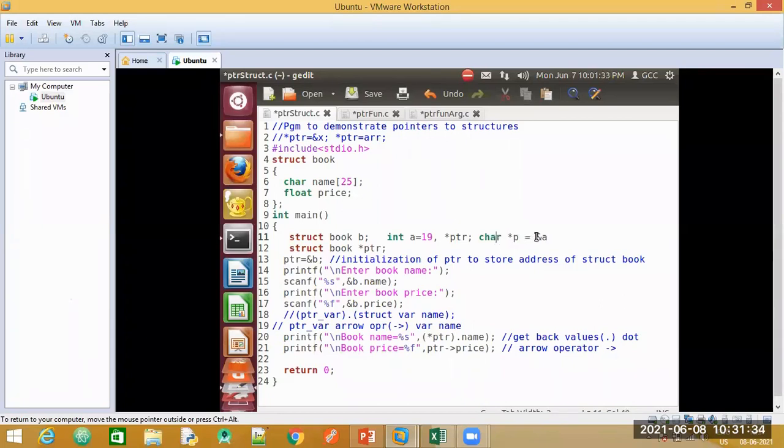What am I trying to store? I'm trying to store the address of a. Fine, address, no problem. But why is there a problem? Can you tell me why this declaration is not allowed? Why should the pointer data type and variable data type be the same? Because of that asterisk, and we have to go to the value. Correct. So if you understand pointers correctly, you'll be able to answer this.